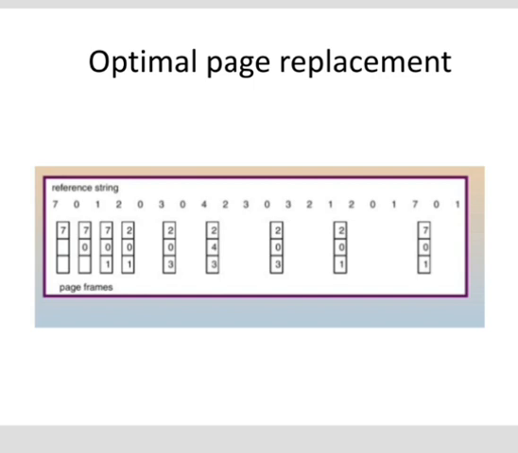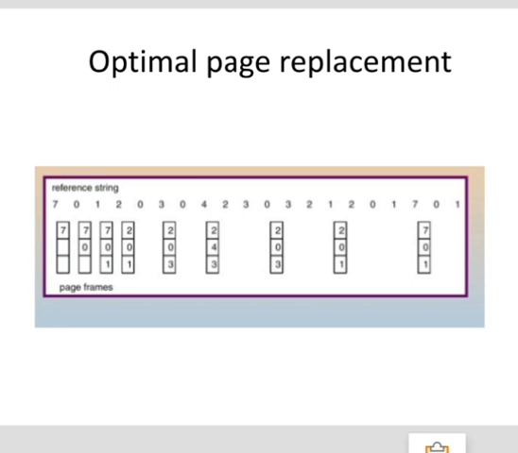Then the next algorithm is the second chance page replacement algorithm. This is a modified version of the FIFO algorithm, that is, first in first out. It avoids the problem of throwing out a heavily used page. An additional bit R is attached to each page in memory. A FIFO queue of the pages is maintained. In case of a page fault, the oldest page is removed from the queue.